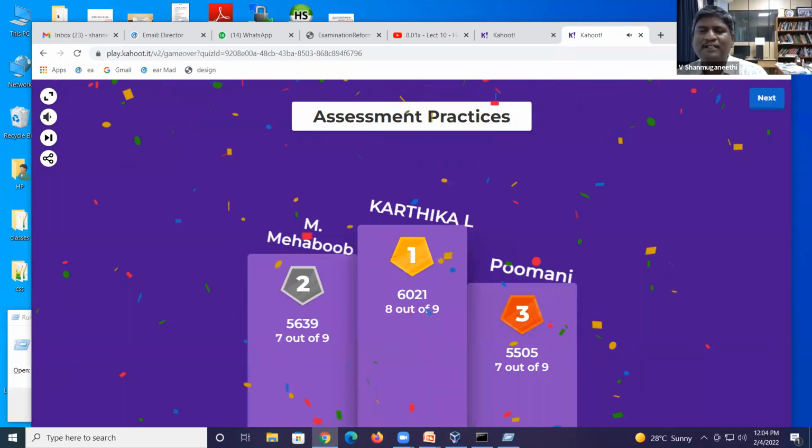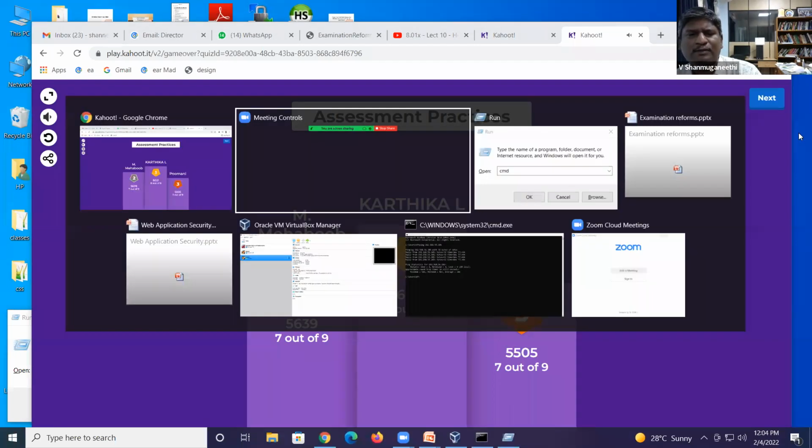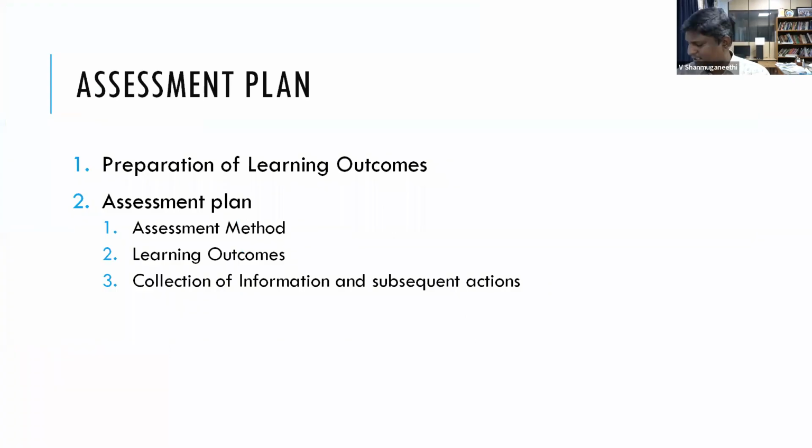Wonderful. Actually, the thing is activity-based learning: how I am going to bring the activity into my class and how the activity really plays a major role. Yes, thank you. Congratulations to all 5 people for participating and answering all the questions very nicely. So how the learning engagement and the direct assessment describe the learning and demonstrate the learning, these are all playing a major role in the assessment.